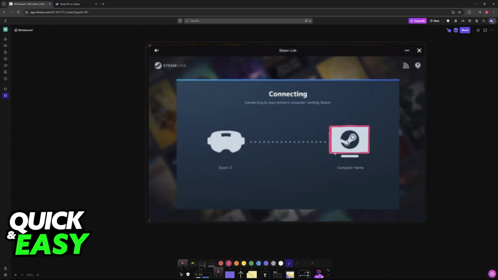You don't have to do anything special. As long as you are in close proximity, they should detect each other, and you might be requested to include a pin. So if you look on the Steam launcher on your PC, this pin is going to be displayed and you simply have to enter it here. Immediately upon entering the pin, the link will be established between your computer running Steam and your Meta Quest 3